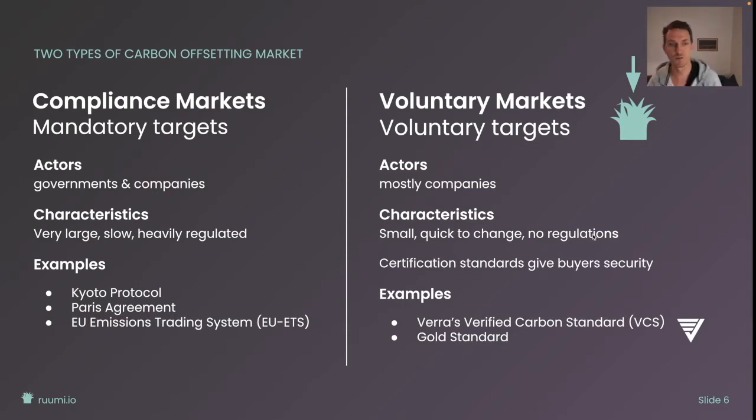It means that there are some bad actors who create certificates with very low quality that don't actually remove any CO2 from the atmosphere. So that's why there are certification standards which are supposed to give buyers some security. The most well-known certification bodies are the Verified Carbon Standard by Verra and the Gold Standard. There are also other standards like the ISO 14064, but we don't think that they meet the quality criteria of